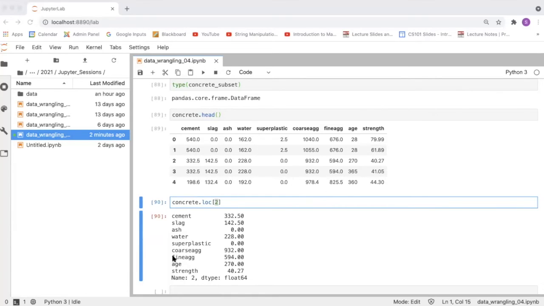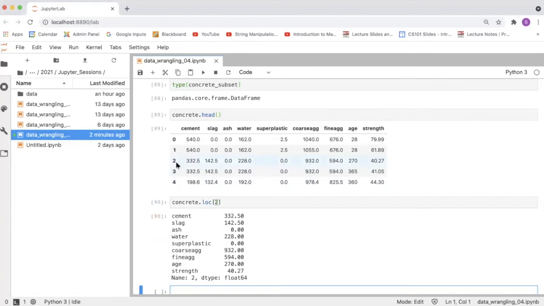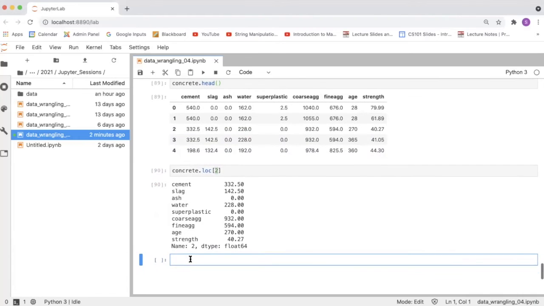There's another way that you can extract a row. I just said loc is looking for the label. Instead of looking for the label, it's better to go with the actual index number of the row. iloc is looking for the actual index number. So if you look at the 3,